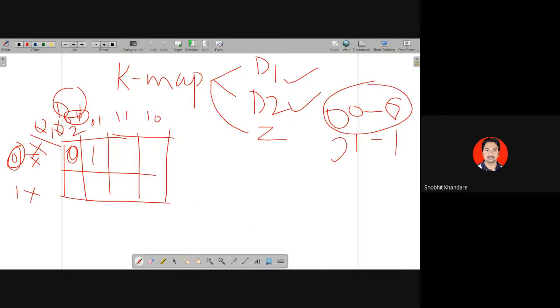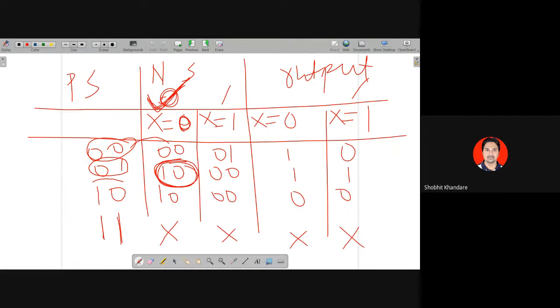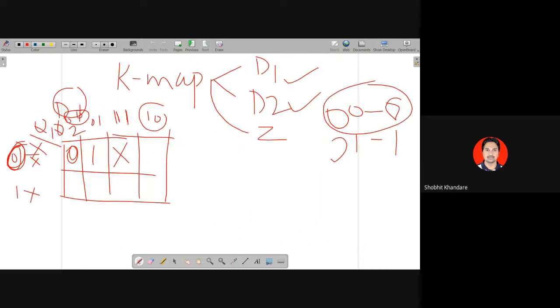Tell me for this cell, when your input is 0 and your present state is 11. I know there is no present state 11, so I will write down don't care. Now tell me when your input is 0 and you are in the present state 10. See here, where is 10? This 10 here. So when it is 10, you will go to the 10 state. So what should be written here in this column? It is 1.